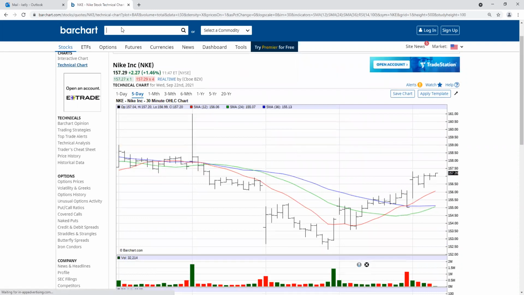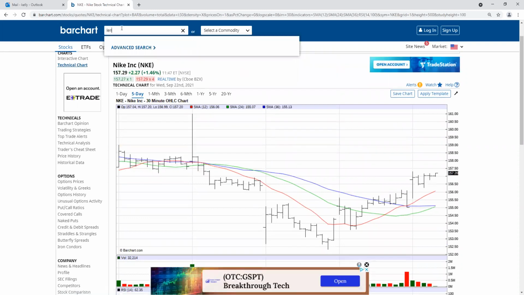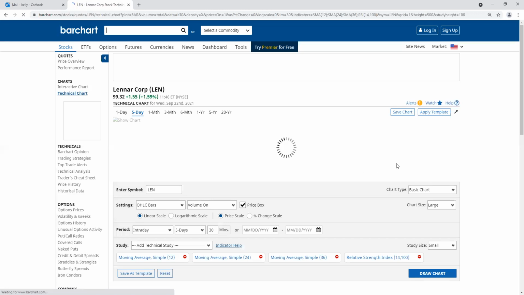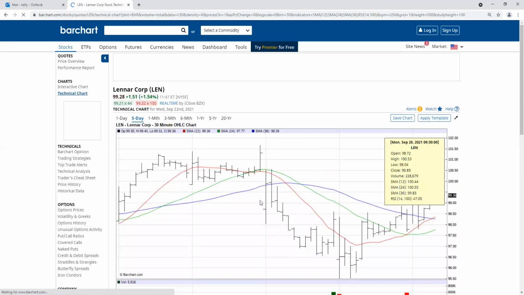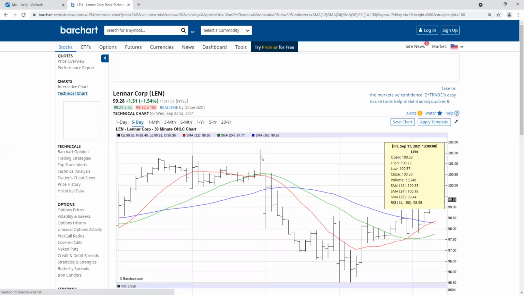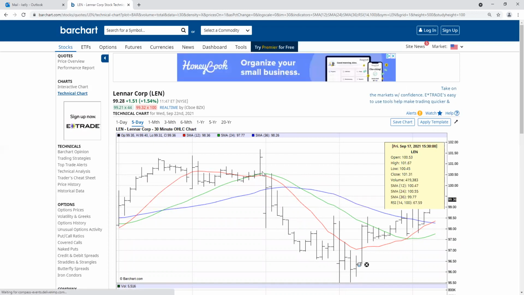Lennar Homes, that came out, and it didn't have the greatest news, so it dipped initially. But let's see if it's recovered. It looks like it might have. Yeah. So again, this is another way of playing the news. Okay, this thing came out with some earnings report, and of course they're having trouble with bottlenecks. So they're saying they're going to have some problems with this, that, and the other. But bottlenecks end at some point.